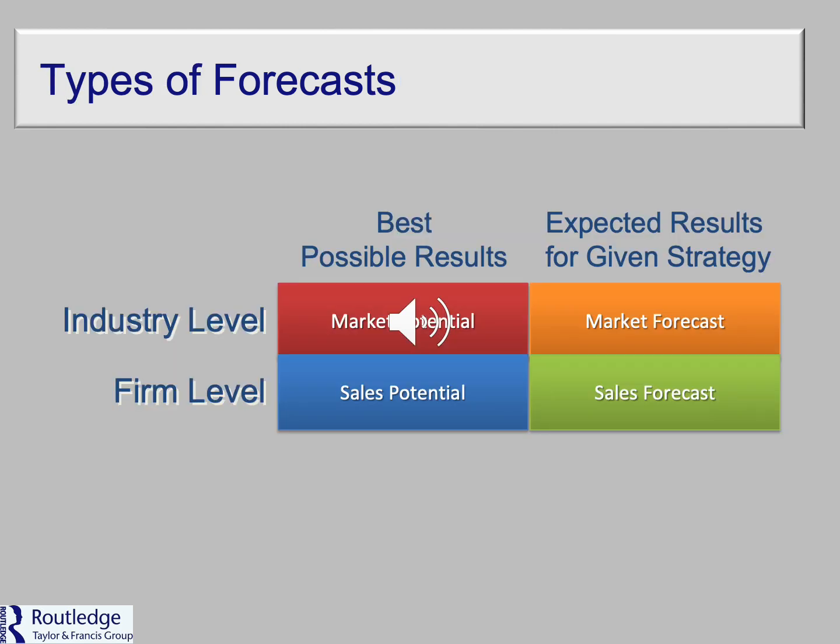It is also extremely useful to consider and define exactly what it is that is being forecasted. And this diagram suggests a differentiation between the industry level and the firm level, as well as determining whether the forecast is a best case scenario of what could happen or a more realistic view of what will likely happen. And so it gives you those categories, this dichotomy that you can use to help define what type of forecast that you're making.